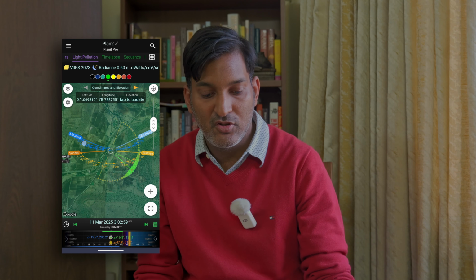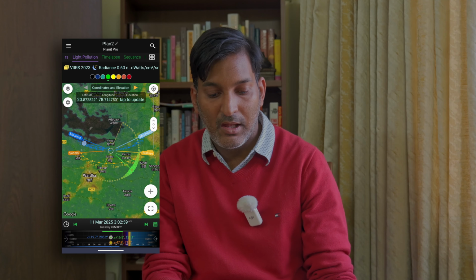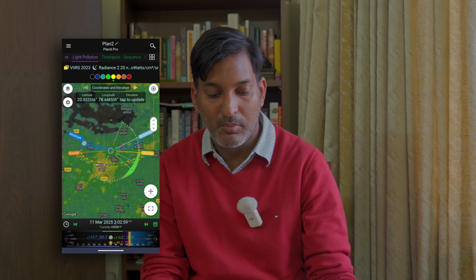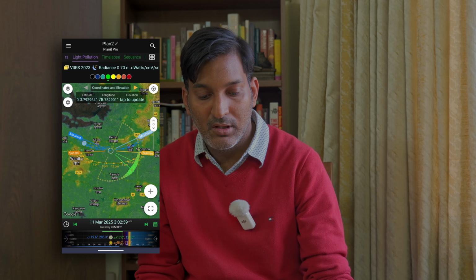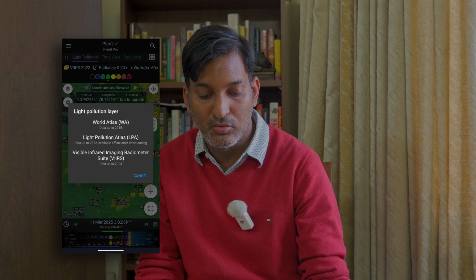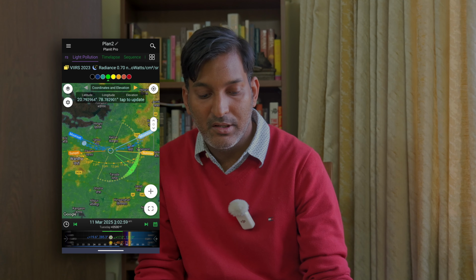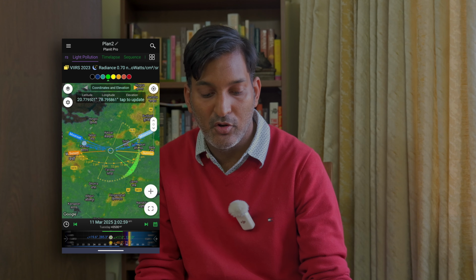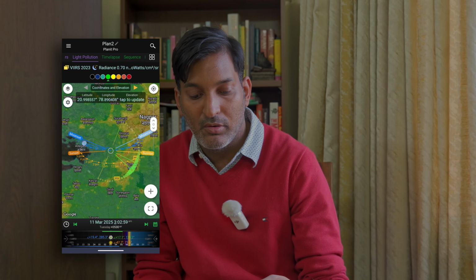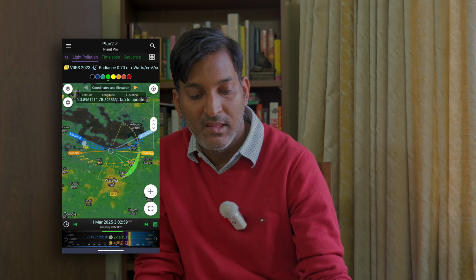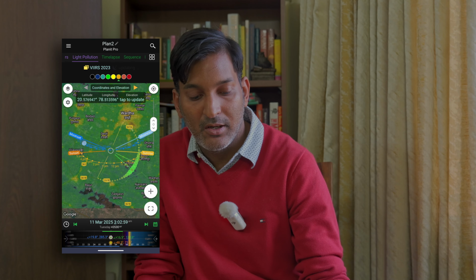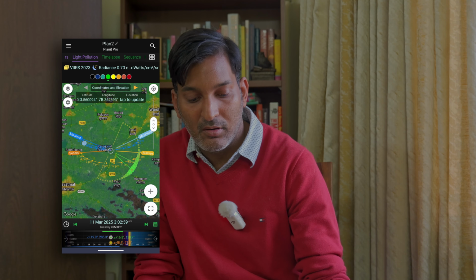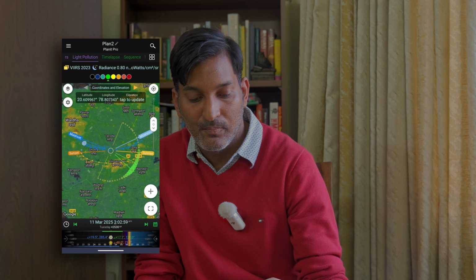Another very big feature of this app is light pollution. This app gives an overlay on the maps about the light pollution and what's the sky quality in that region. As you can see, you can select the database you want to use. There are different databases. World Atlas is up to date till 2015, and if you want to use the latest one, you use Visible Infrared Imaging Radiometer Suite, which I am using. It's updated till 2023. So you get an exact overview of the light pollution, and you want to avoid the orange and yellow parts,